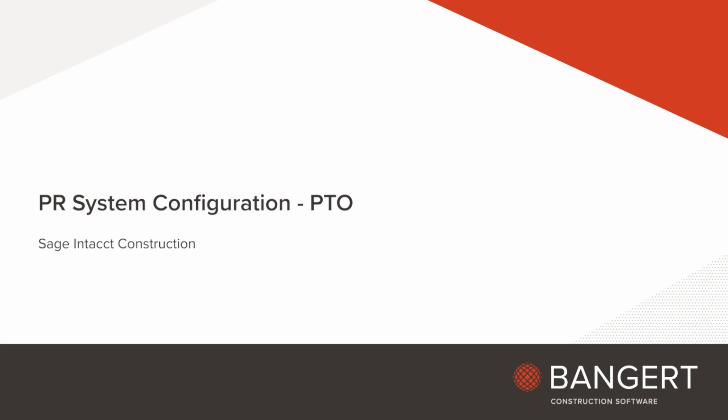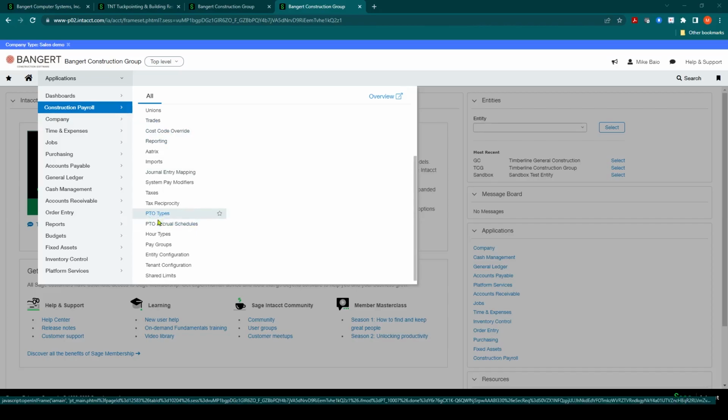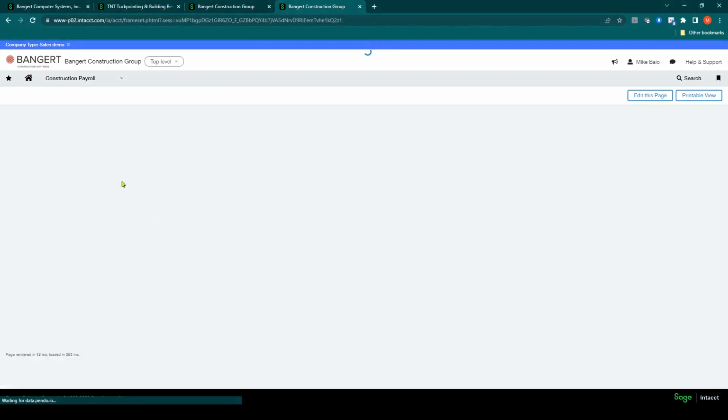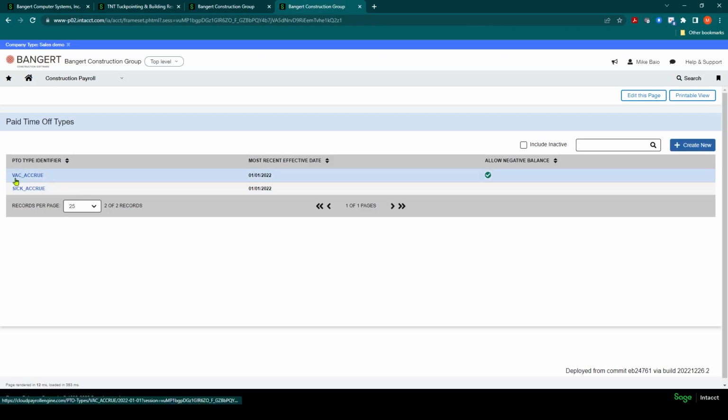In today's session, we will be discussing PTO setup in the Construction Payroll module. Within the application under Construction Payroll, you'll have two menu items, PTO types and PTO accrual schedules. If you go into PTO types, you can create as many different PTO types as you'd like to track and accrue in the system. In this sample, you'll see we have one set up for vacation and one set up